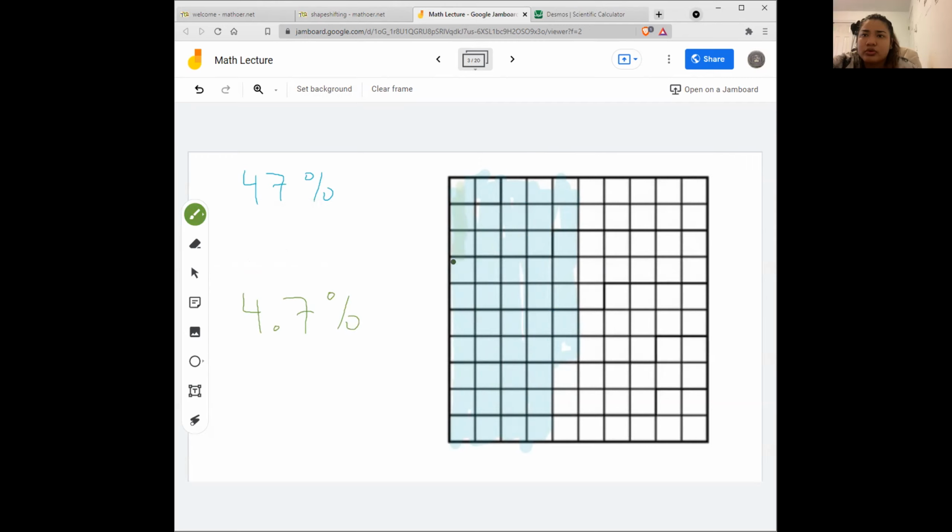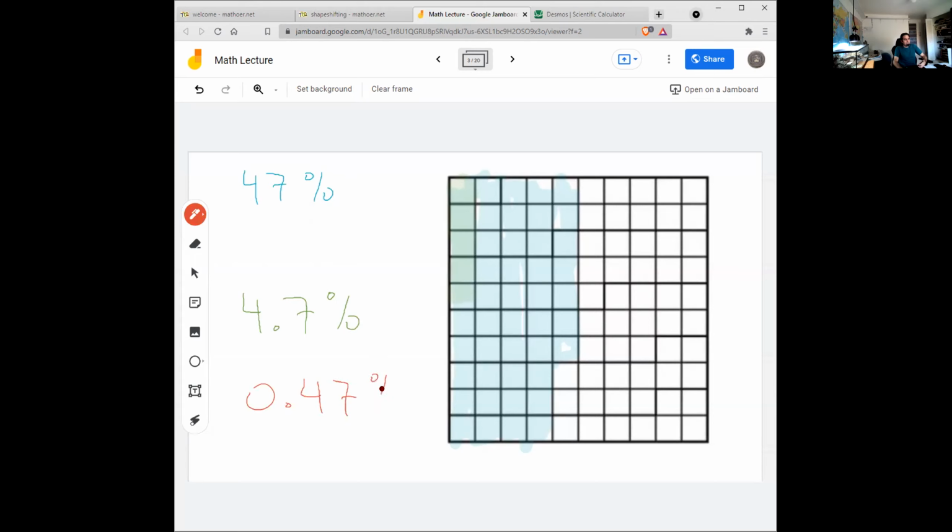I could shade the 4, that's easy enough. Then what happens? You could do a little bit over half of a box. Yes, a little over half of the next box, 7/10 of the next box. Everyone okay with that? And then how about if I did